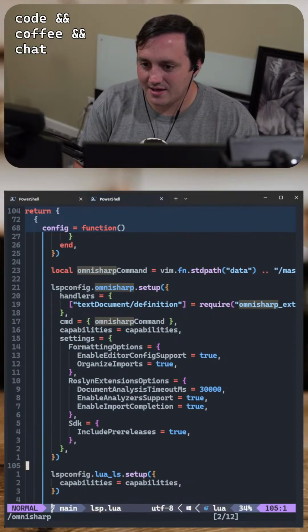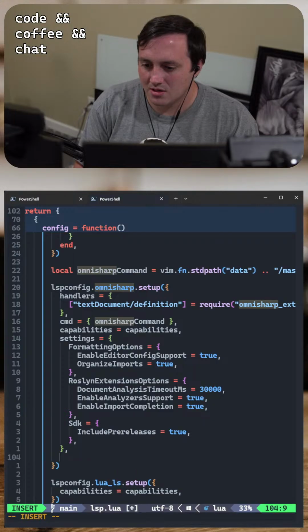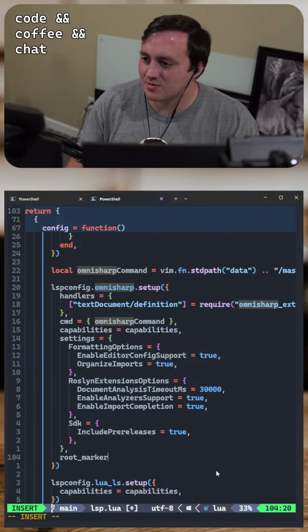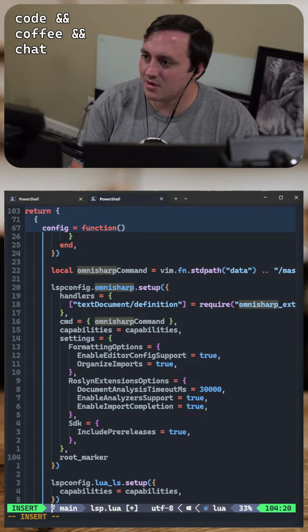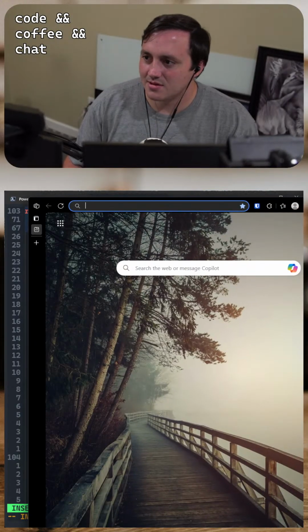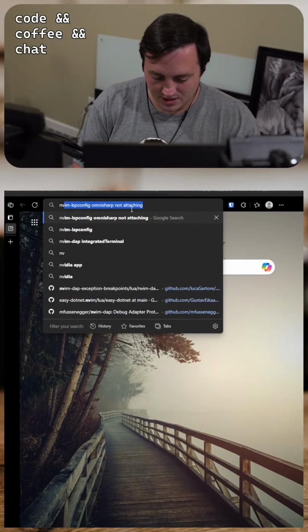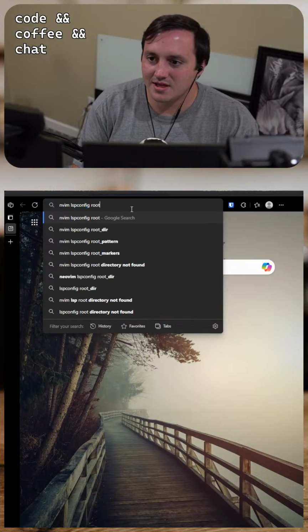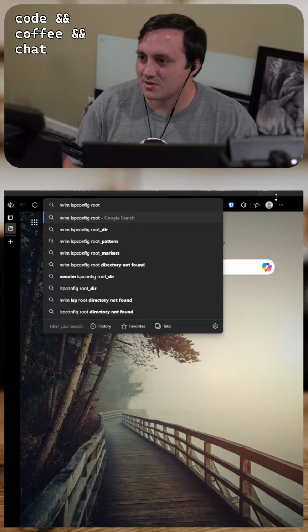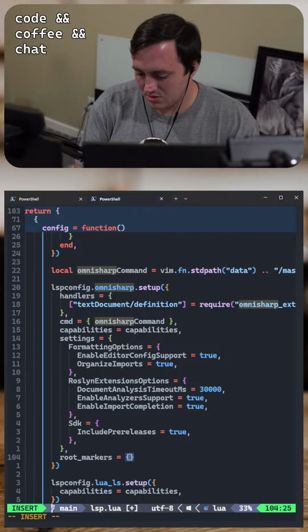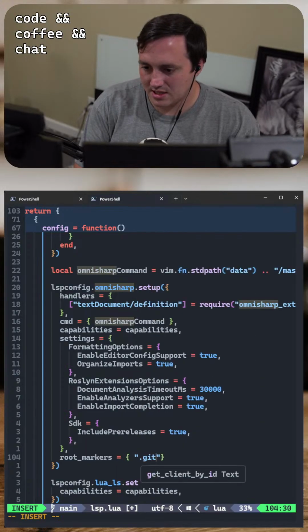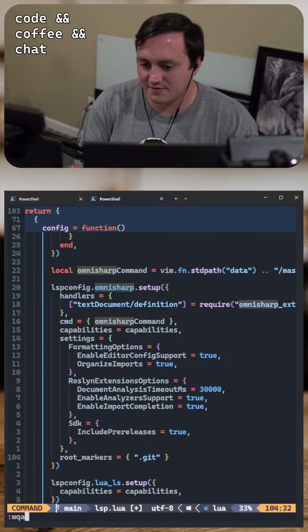Okay, I think I need to add this, like root markers, I think is what this is. I can't remember what exactly the NVim LSP config root markers is called. Root markers. Dot git. See if that fixes it.